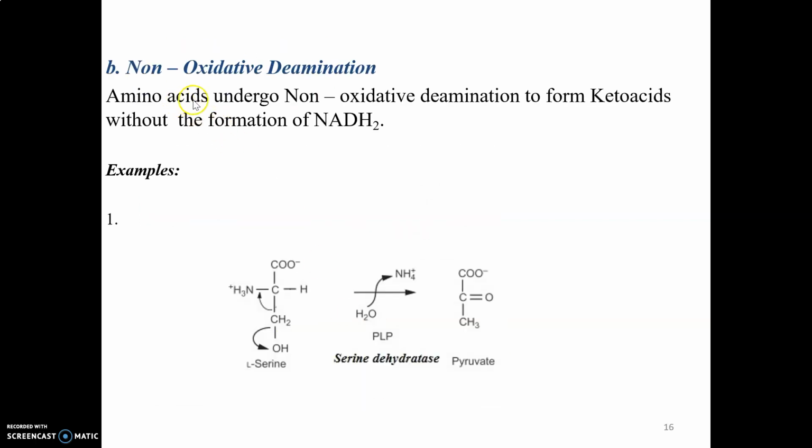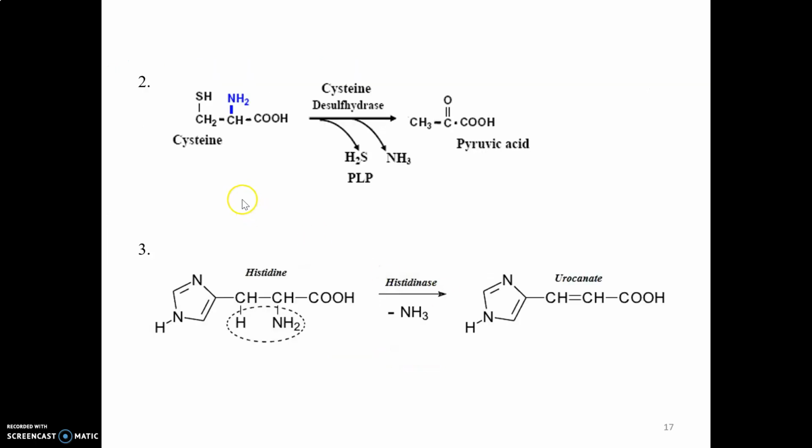Similarly, in non-oxidative deamination, amino acids undergo non-oxidative deamination to form a keto acid. So L-serine, upon non-oxidative deamination, you are going to end up with pyruvate, which can again enter into the Krebs cycle. So what we have learned from this session is, see, these are the examples